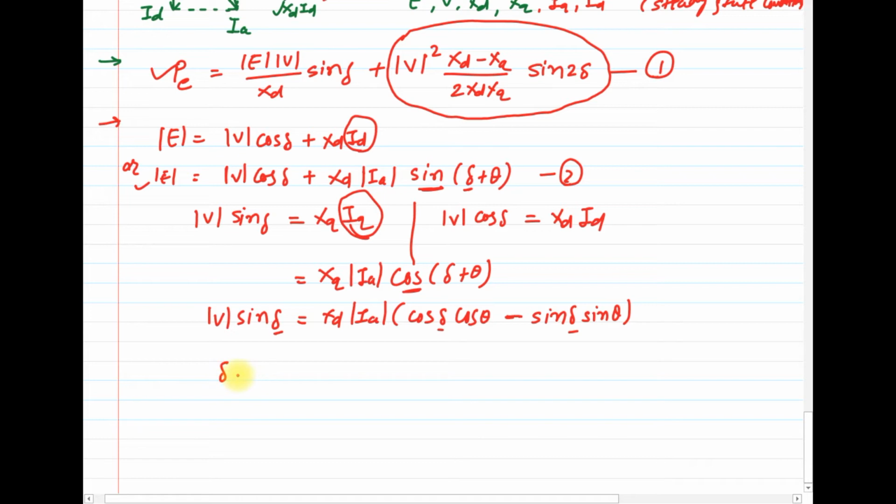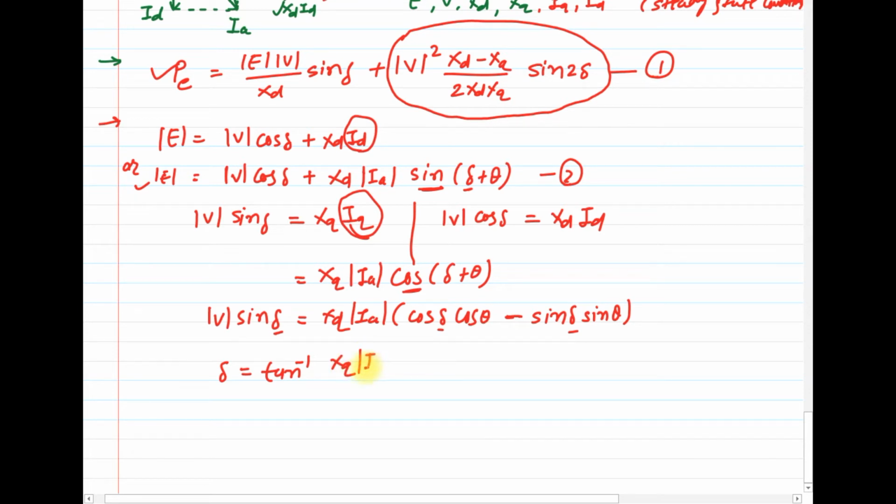You will get, I will just write the final equation, just verify it by yourself. Sorry, it is not XD over here, it is XQ. Here I wrote XD by mistake. So yes, here XQ, so delta is equal to tan inverse